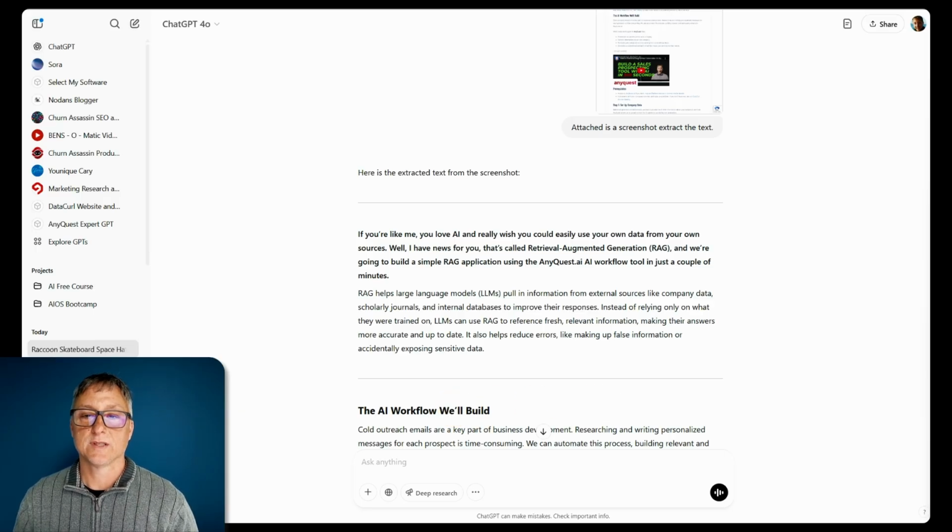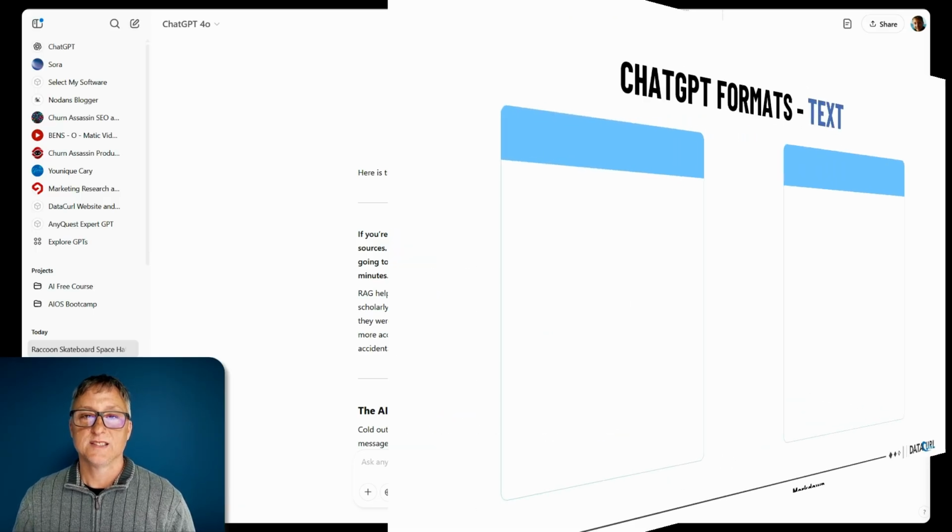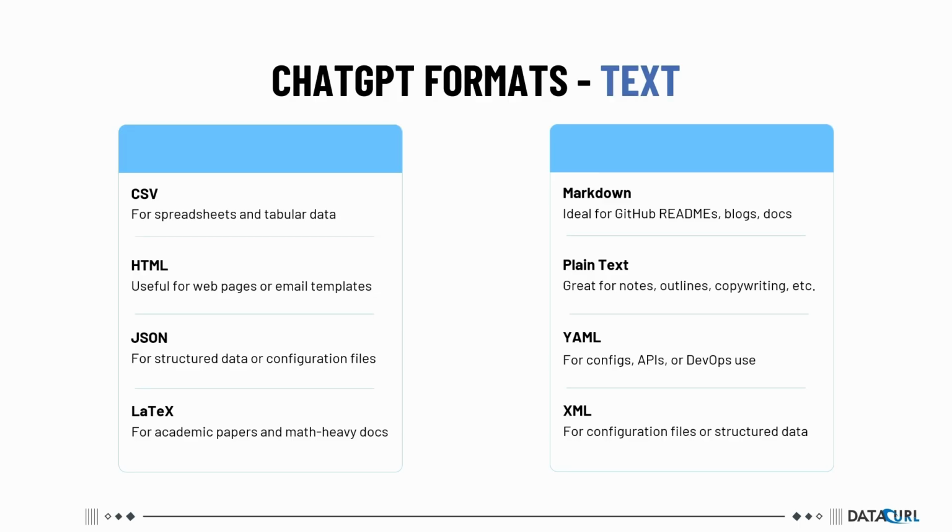A few other important things to note: there's a wide variety of formats that you can get in ChatGPT or get it to make for you. So CSV is good for spreadsheets or tabular data. It can take in CSVs or it can produce them if that's what you'd like. HTML is good for web templates or email templates. JSON is good for structured data or configuration files.